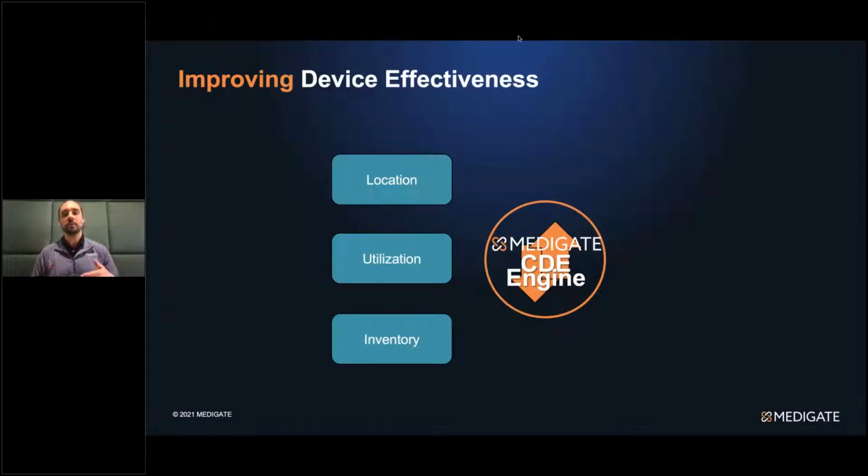So the utilization of these devices is tracked in a real way by looking at the network traffic, and we can tell when the device is sending traffic in the context of doing its job, or when it's just sending traffic in the context of command and control, or checking back in with the control unit to get a software update, or any of those things that are not necessarily the specific execution of its primary job function. So effectively, we can tell when the IV pump is connected to the network because it's infusing a medication to a patient, and we can track that and say it is doing its job currently,